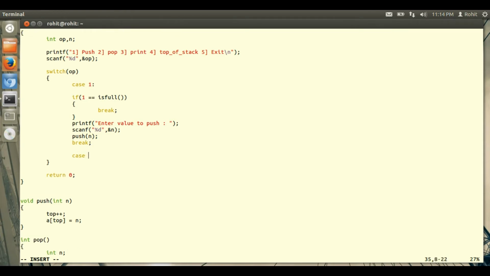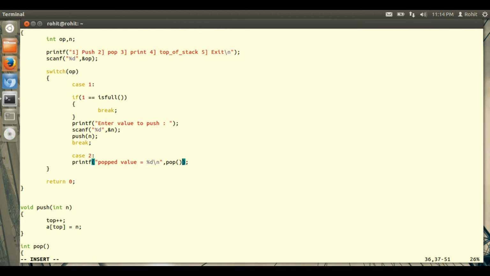The next case would be popping the data. So here I will simply write the popped value. The popped value is